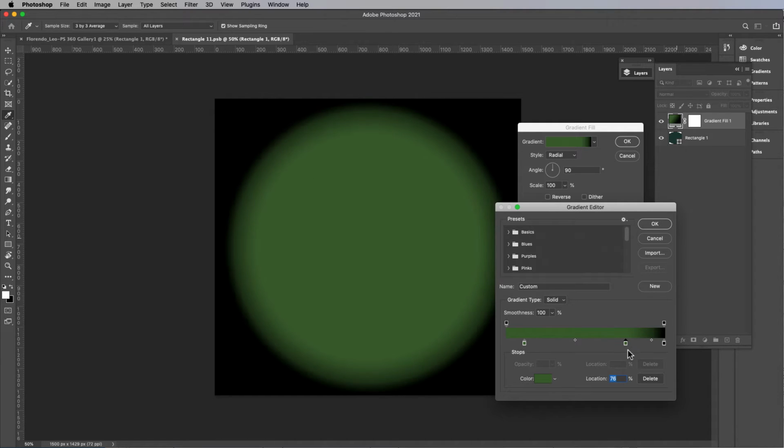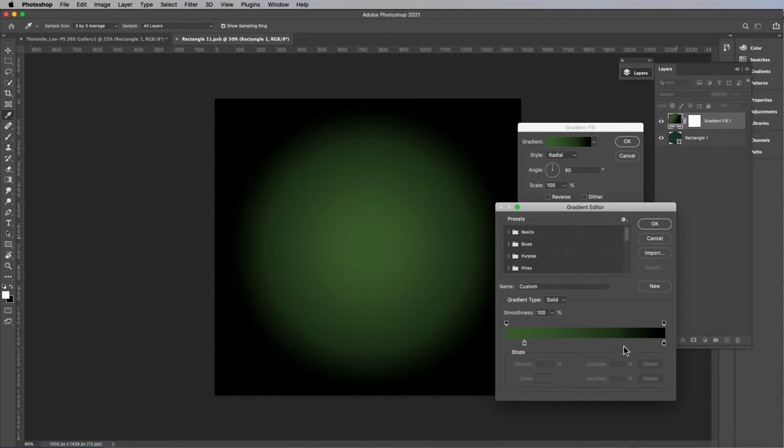Oh, so if you click again, then you just added another color. If you don't want that color, you can click and drag down. So I'm just going to take this and move it, and then we can move this stop. So you can play around with that. The cool thing is that you may not know what you want now, but it's a smart object, so you can come back and change it later. So hit OK,